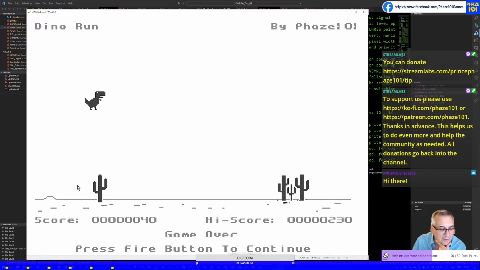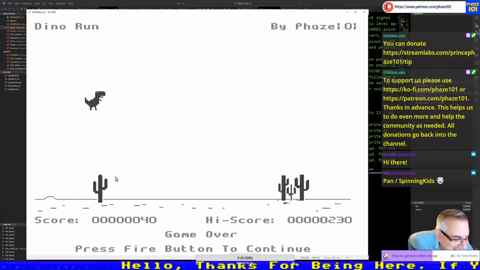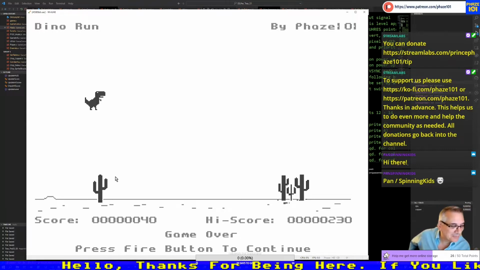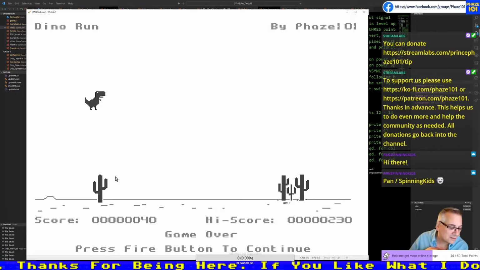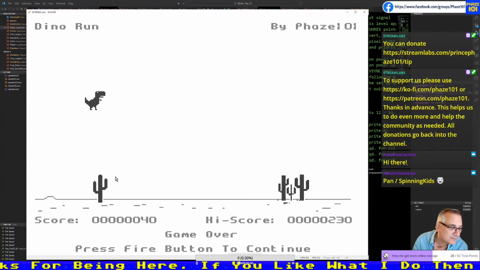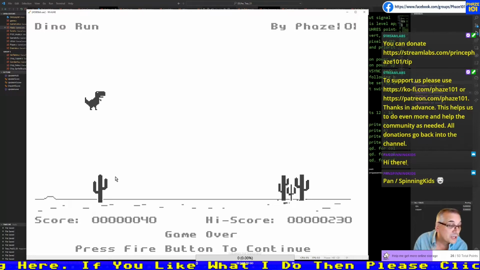So, what's happening there is, this is assembly 68,000 for the Amiga. It changes the speed, no? But the jump also changes.